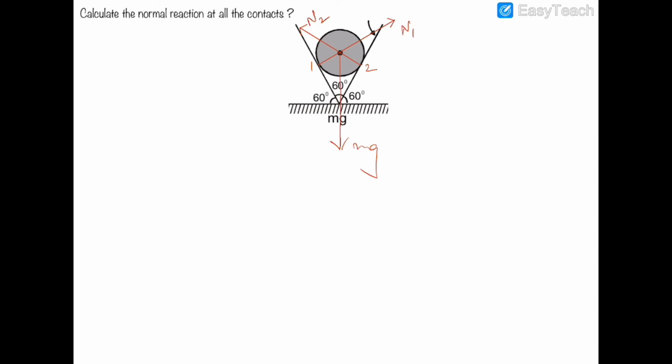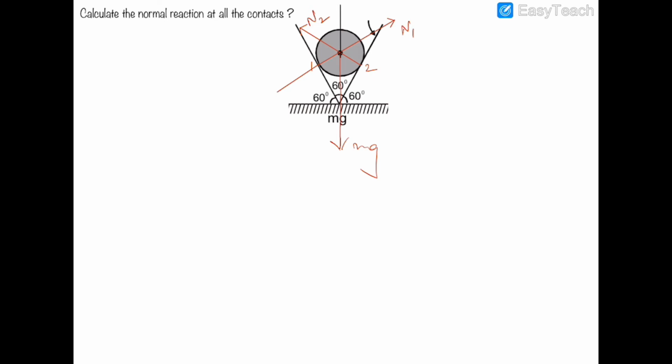Now, in these kinds of problems, it is somewhat difficult to find out the angles for resolving these normal reactions. So I'm making you understand how I will calculate the angle. So if I extend this normal reaction like that,